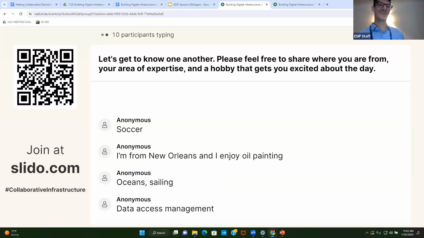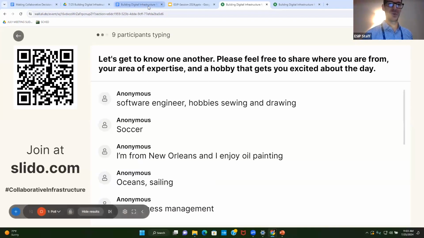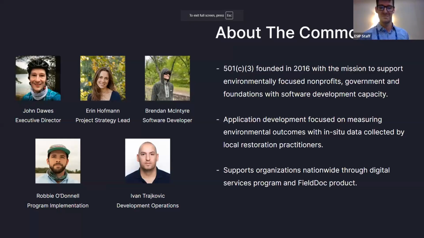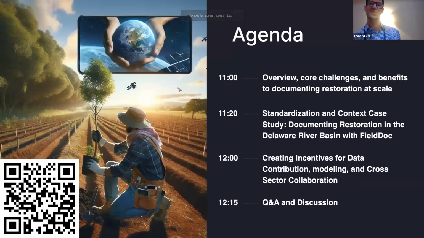Cool. So wonderful. Let's go through the agenda and logistics so that we can make the best use of our time. Our discussion today will be a fairly interactive one. We're going to go through some of the core challenges and benefits for documenting restoration at scale.